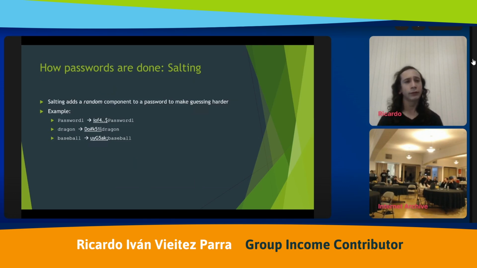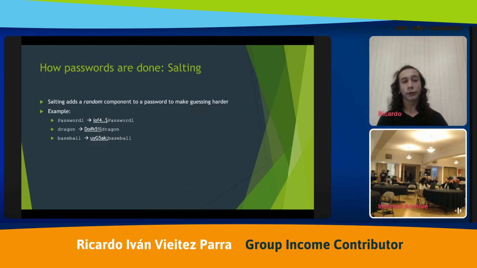This is done to stop some specific attacks that can be used to probe for particular passwords. And the important thing is that this has to be random, and so it's not derived